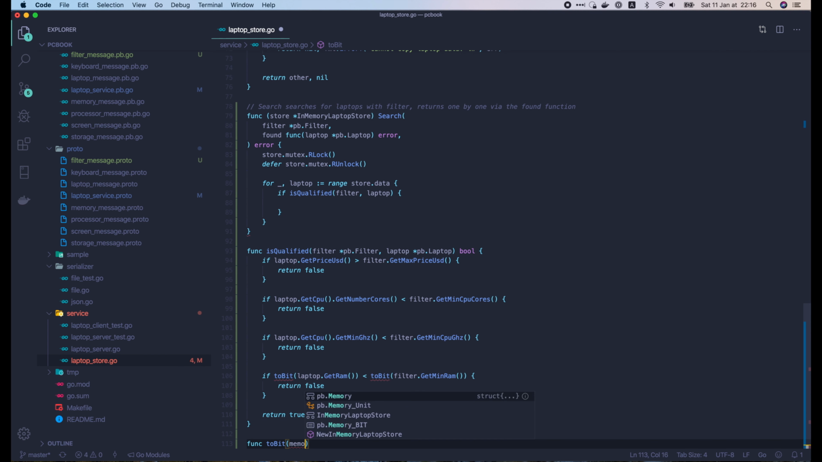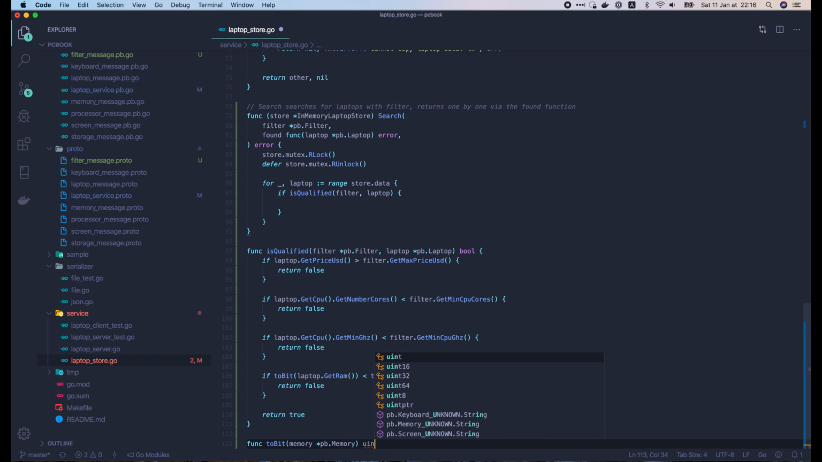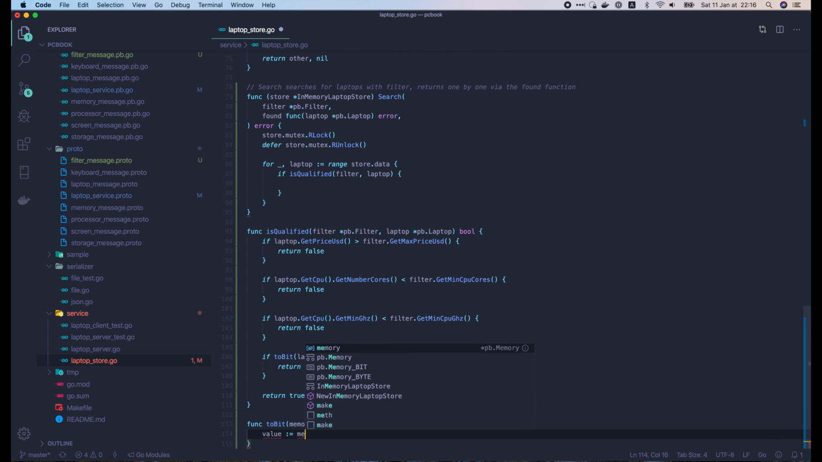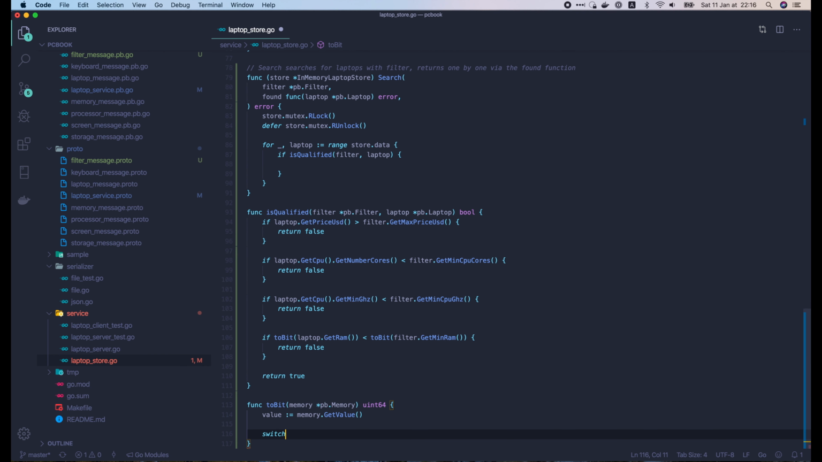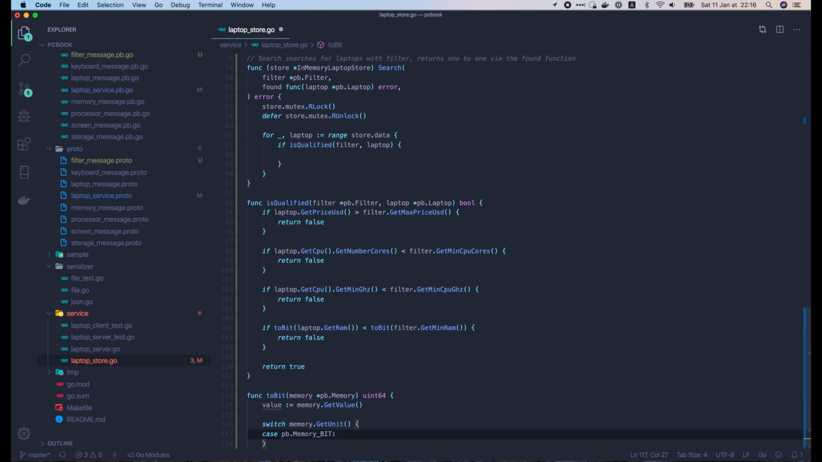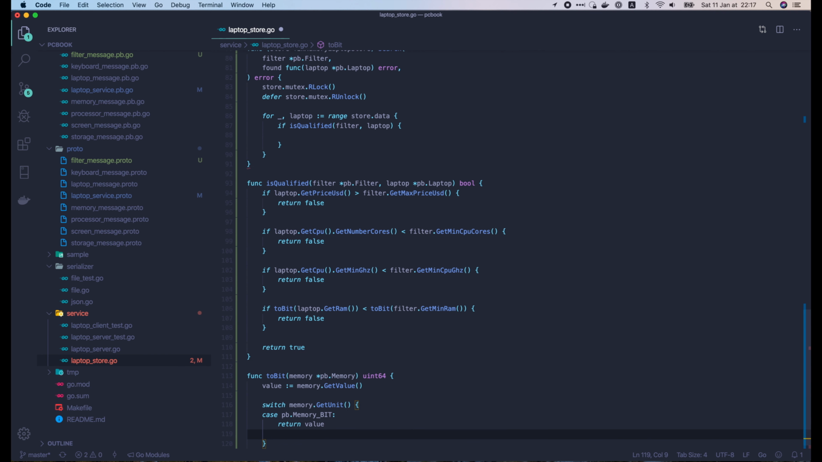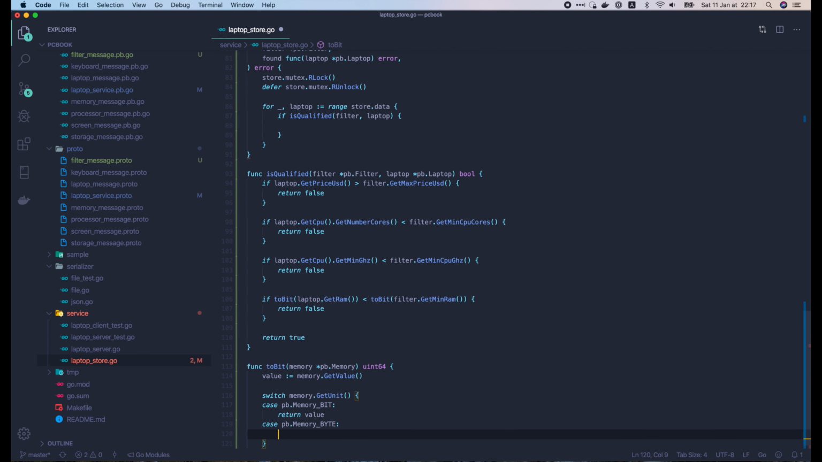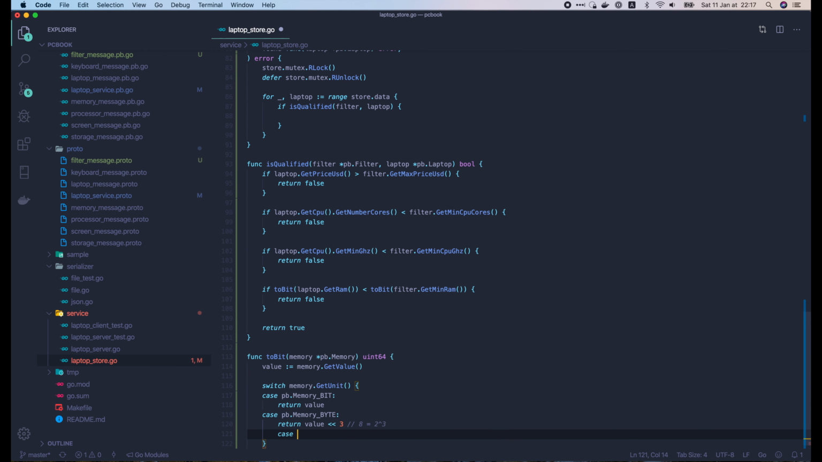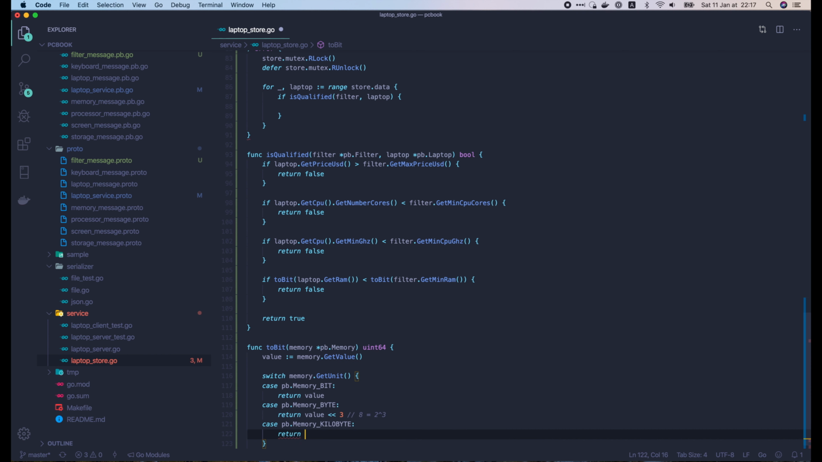Now let's implement the toBit function. First we get the memory value, then we do a switch case on the memory unit. If it is bit, we simply return the value. If it is byte, we have to multiply the value by 8 because 1 byte equals 8 bits. And because 8 is equal to 2 to the power of 3, we can use a bit operator, shift left 3, here to avoid multiplication. If it is kilobyte, we have to multiply the value by